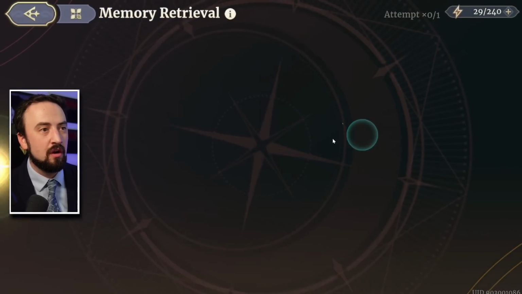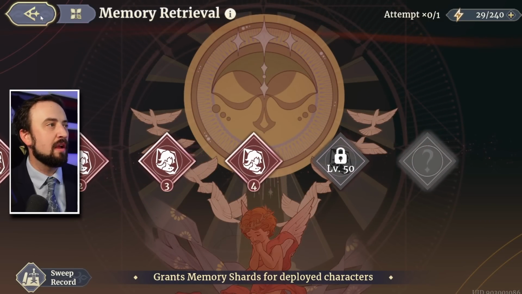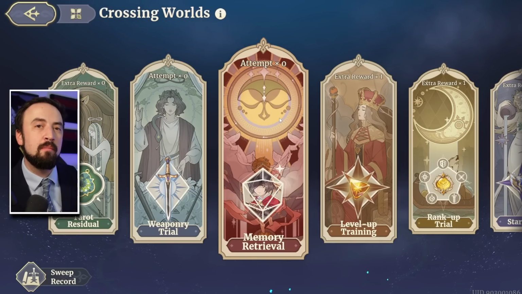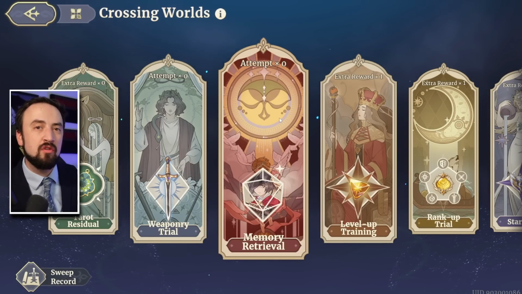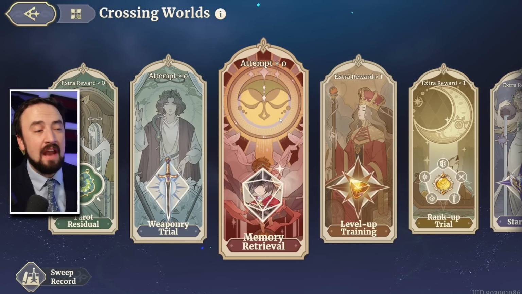Now, another thing you're going to want to do every day, obviously, is your memory retrieval. It almost feels like bait to put that in here. Do your memory retrieval every day, obviously. And if there's an event running at the time, like we're about to get the feast event. In fact, I think at the time of this video releasing, we probably will have the feast event. Go ahead and knock that out. Don't feel bad about getting those super rare, super valuable rewards from the feast event,